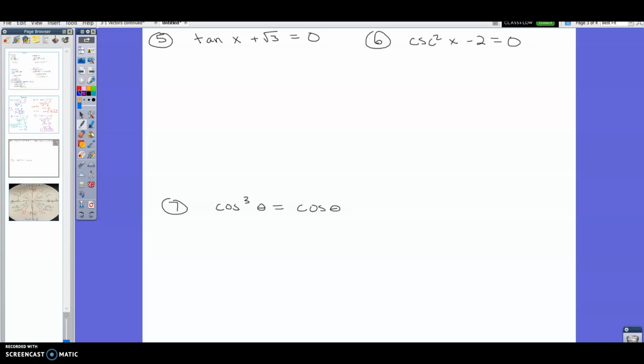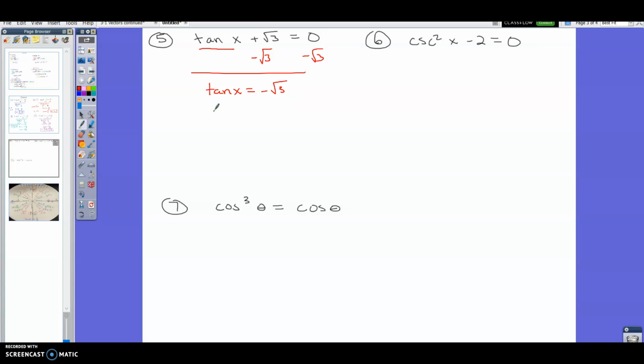Okay, so here's our first one with tangent. Now when we do it, we're going to solve these the same way. We want to get the tangent of x part by itself first. So we need to get rid of this plus square root of 3, so we're going to subtract the square root of 3. We have the tangent of x equals the negative square root of